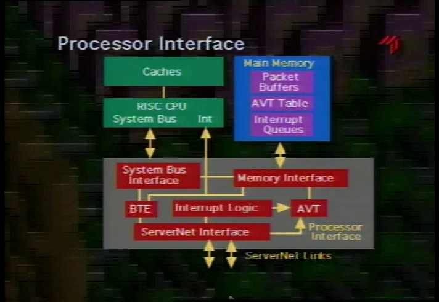For processor-initiated transfers, there is also an engine called the BTE, or Block Transfer Engine, which is the basic DMA engine that can be used to initiate transfers either to or from ServerNet based on a linked list of descriptors in main memory. The processor creates that linked list of descriptors, then writes a single register in the processor interface chip. Then from that point on, the hardware either takes care of sending data from main memory to a ServerNet port, or sending read requests through the ServerNet and taking the responses and putting the data into main memory.